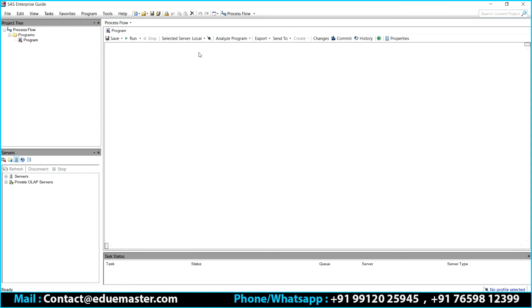The moment you want to create a program, you can see there is a blank space available here. This is the place where you can write all your program. You can save it, or without saving you can also run it. On the left hand side, the moment you say program, you can see a process flow is created. Under the process flow, you have the untitled program. You can call it just a normal program. So here you can type whatever you want. For example, I want to type this as an introduction class. I can say SAS PG introduction.